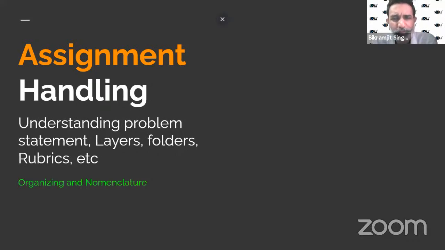Portfolio is not the display of your work. Portfolio is your understanding of how you understand the assignment or the task.